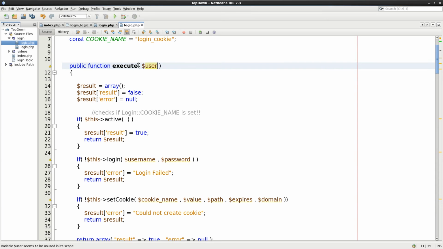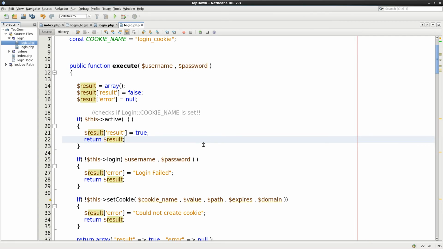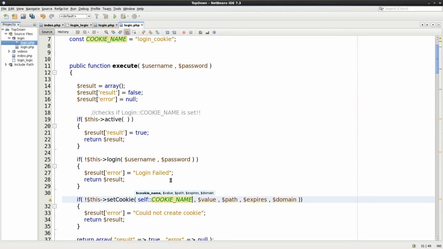And essentially we need this here. And this cookie name is self cookie name. Value,